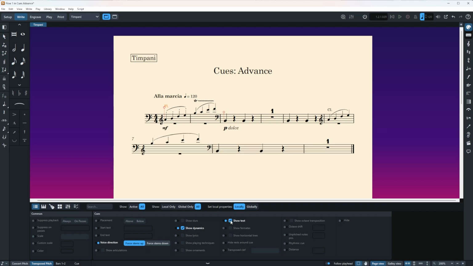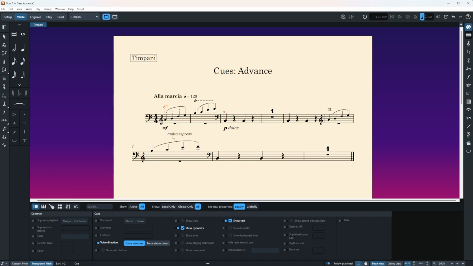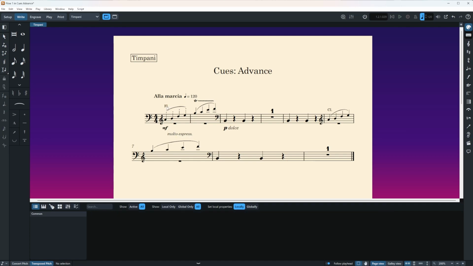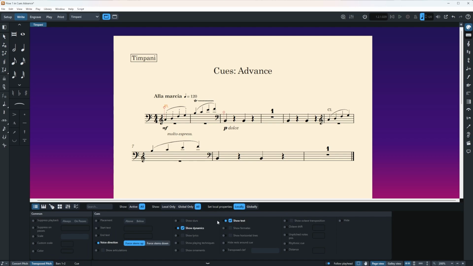And as you can see now, my molto espress is actually added as a text, and it's not like an expression. So it's not a musical expression here, as I already told you before in the previous videos. So this is just a normal text. That's why you can enable or